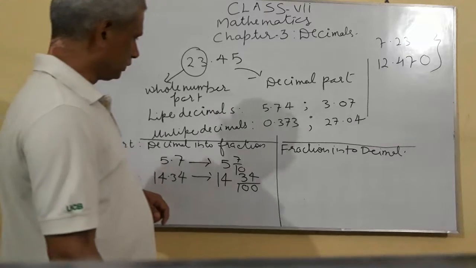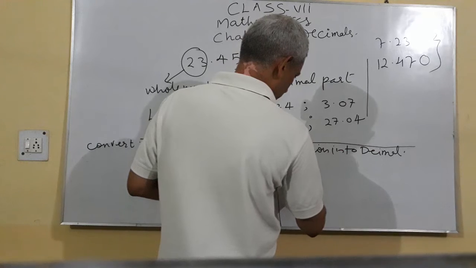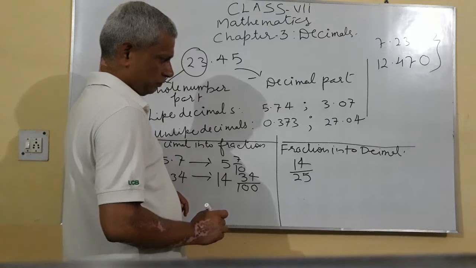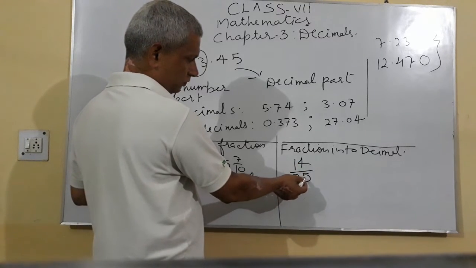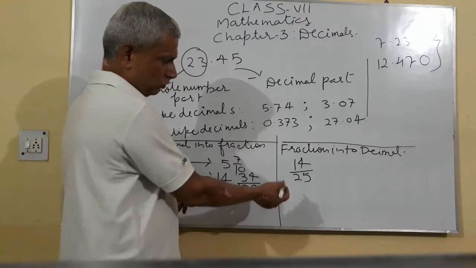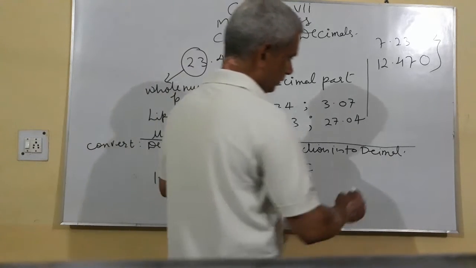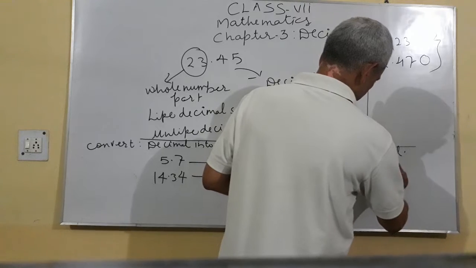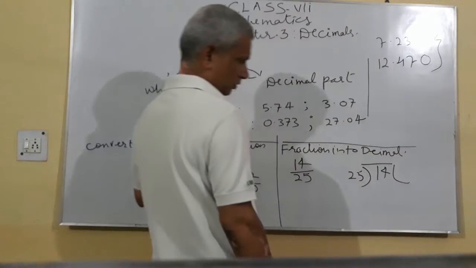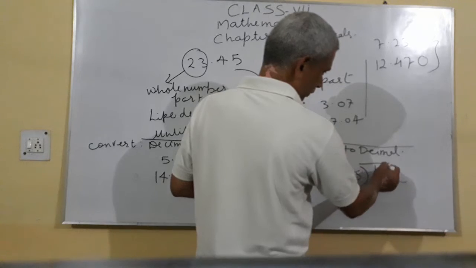Now suppose you need to convert a fraction into a decimal. Suppose we have 14 upon 25. This is the numerator part and this is the denominator part. So what you need to do is 14 divided by 25. Because 14 is a smaller number, we first put a decimal, add 0 into it, and